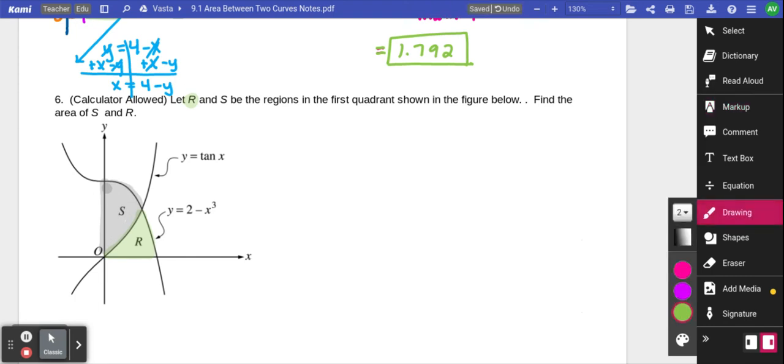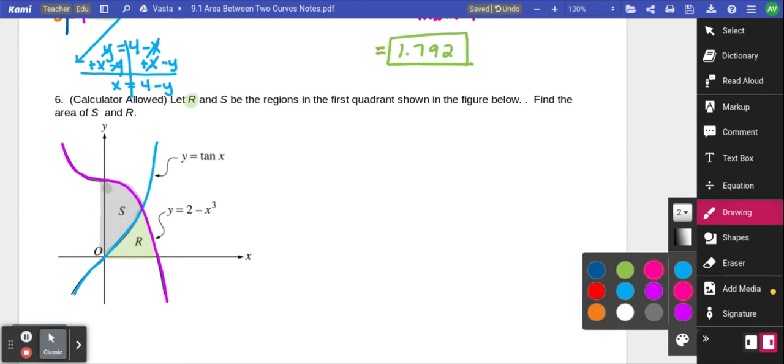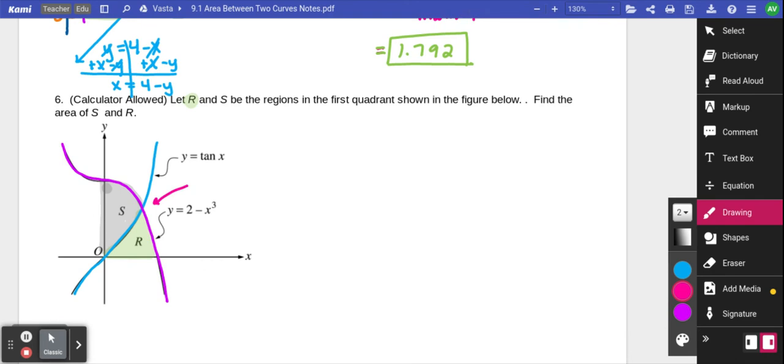So we're told that this equation right here is tangent of x, and this equation right here is 2 minus x cubed. In order to find these areas, the first thing I'm going to have to do is figure out the intersection point. So I'm going to graph both of these equations on my calculator, and I'm going to find out that these equations intersect at